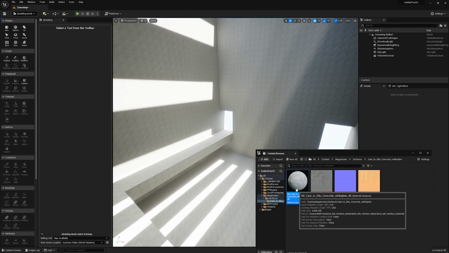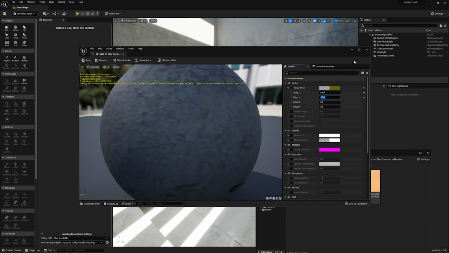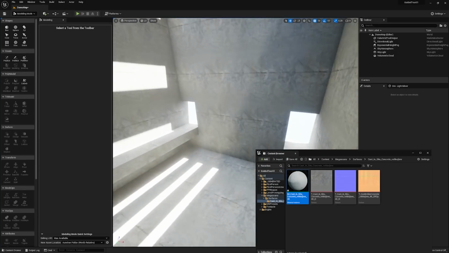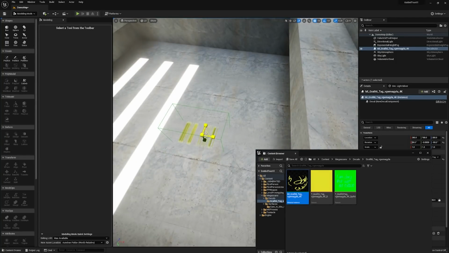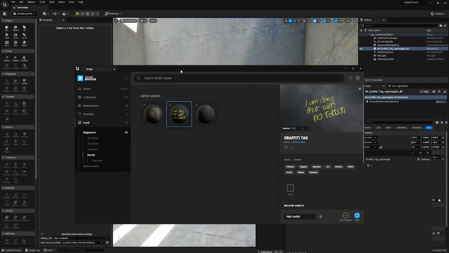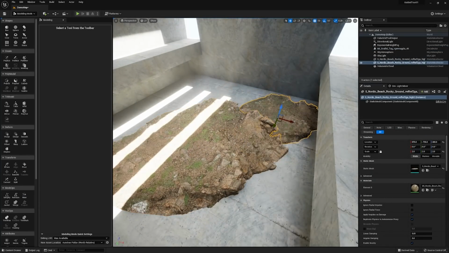We can see that it's a little bit too tiled, so I'm going to go ahead and change the tiling in the material instance. Now, it doesn't have to just be surfaces though. I can add decals, which project onto surfaces, as well as static meshes too. I'm going to set up a scene with this rocky ground, a tree, and a fireplace.